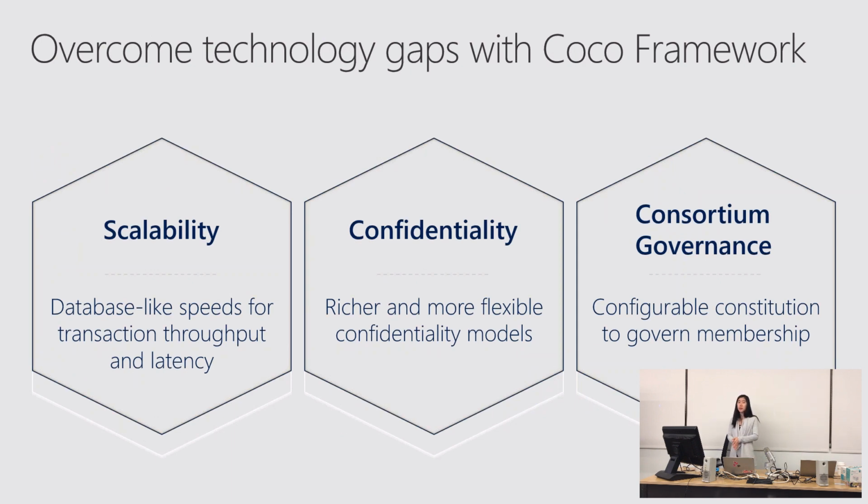All right, so one of the products that we're working on is called the Coco Framework. And Coco stands for Confidential Consortium. And we have a white paper on it if you want to learn about all the technical details here. But essentially, the Coco Framework is a wrapper that you can put around a blockchain ledger. And it offers things like scalability, confidentiality, and consortium governance, which were the issues that a lot of enterprises have with existing